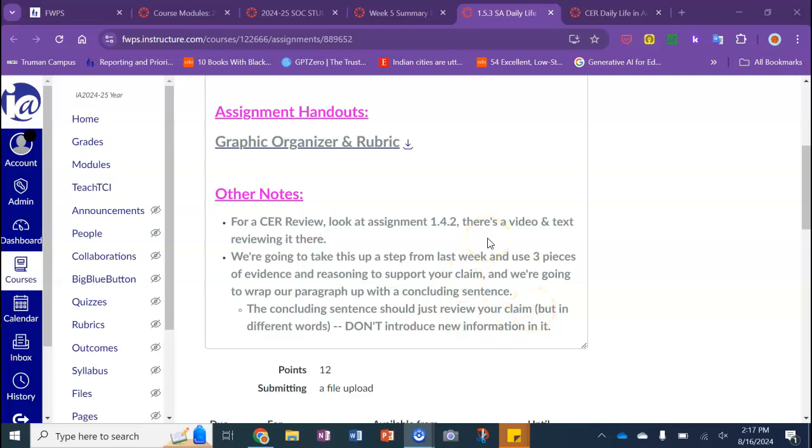from down here, which is, first of all, if you need to review what a CER is and how it works, look at assignment 1.4.2. Okay, there's a video there that goes through what CER is in more depth. I'm going to go through it just very quickly here. Okay, and there's also some text on there, so if you don't want to watch the video, you can just